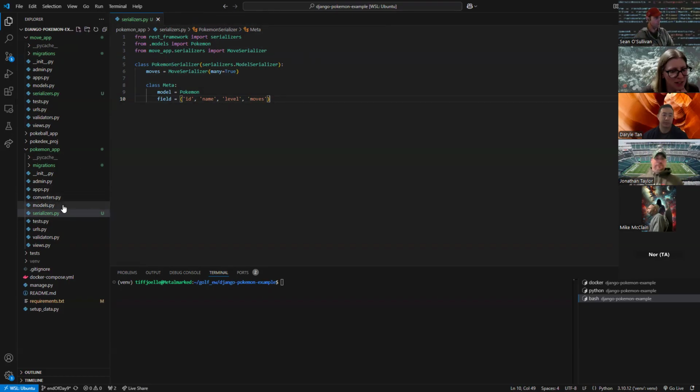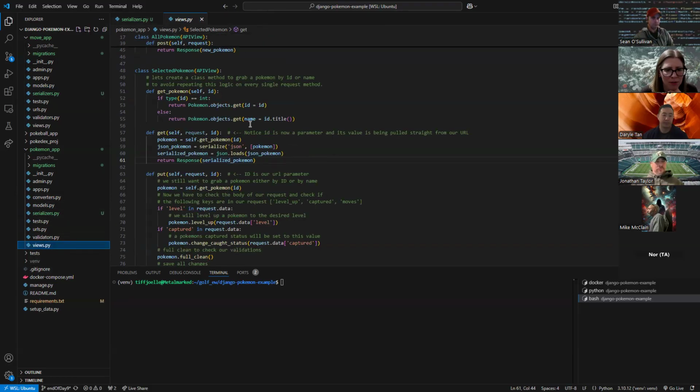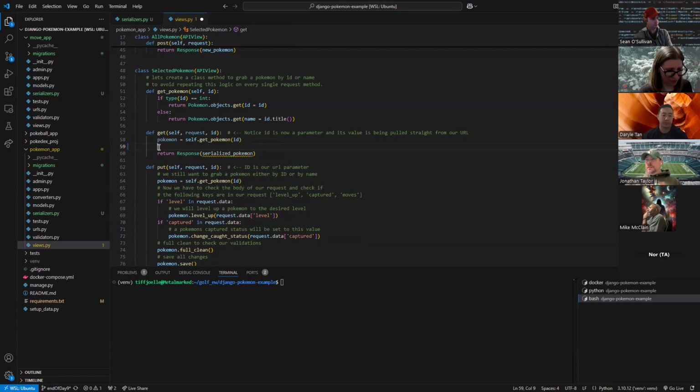Before we were doing inline serialize, but now we're going to the selected Pokemon. Okay. So this is fine. This is just a helper function that we wrote to grab the individual Pokemon. So we'll come down to this one. This is good. We want to grab the Pokemon. But then instead of doing all this serialize here and serialize Pokemon, I'm going to take these out. We are going to do, let's see,